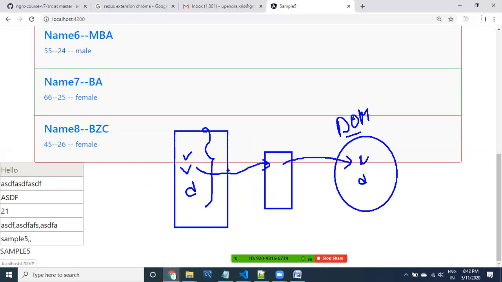What is mapping? Simply, what is the attribute and what is the value. That mapping is available inside the browser, and using it, the browser decides which attribute value should be set to which DOM property.